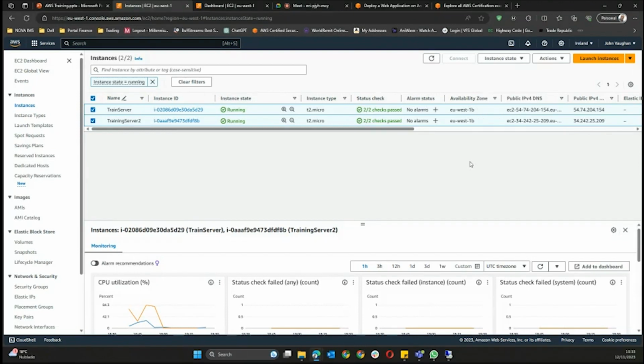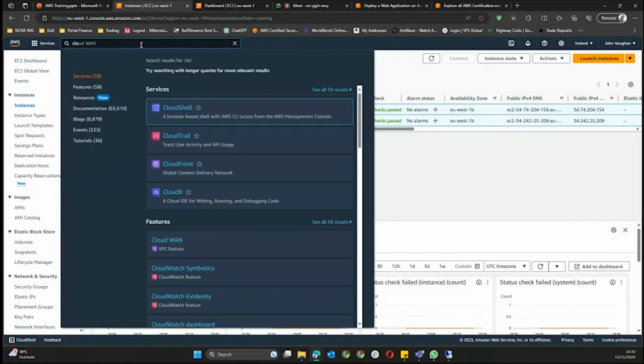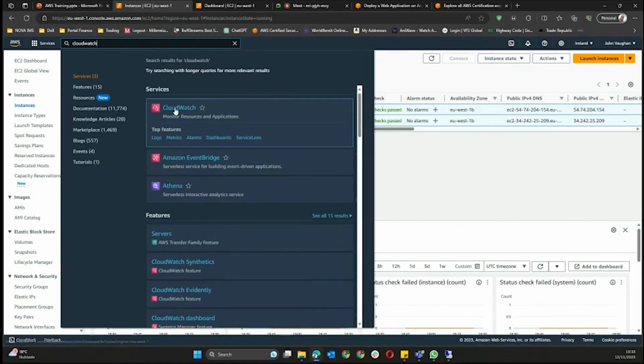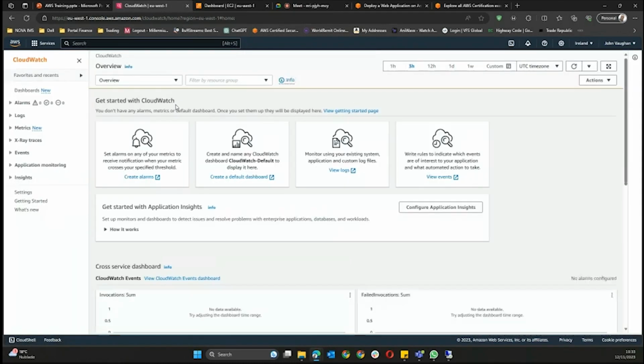Okay. Before I go, there was one thing that I wanted to let us know, which is CloudWatch. CloudWatch is very similar to Azure Monitor. It's a way to monitor all your services on the cloud. If you have tons of services set up as an organization on AWS, and you want to set up alerts and alarms, look at the metrics, look at the logs, or see how your services are actually holding up,